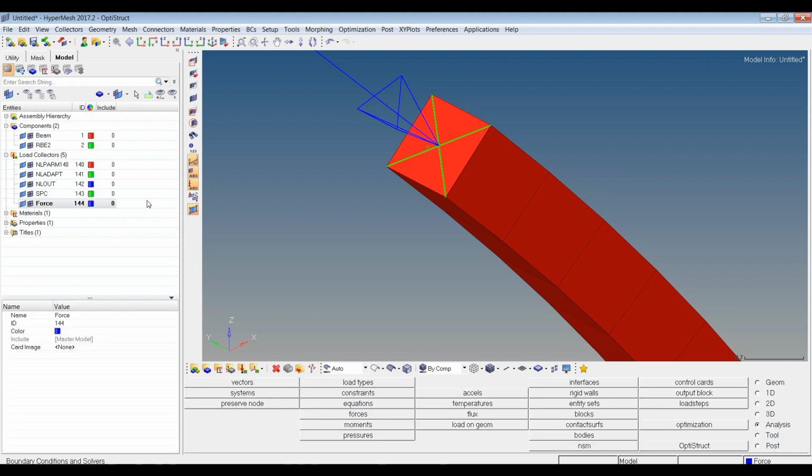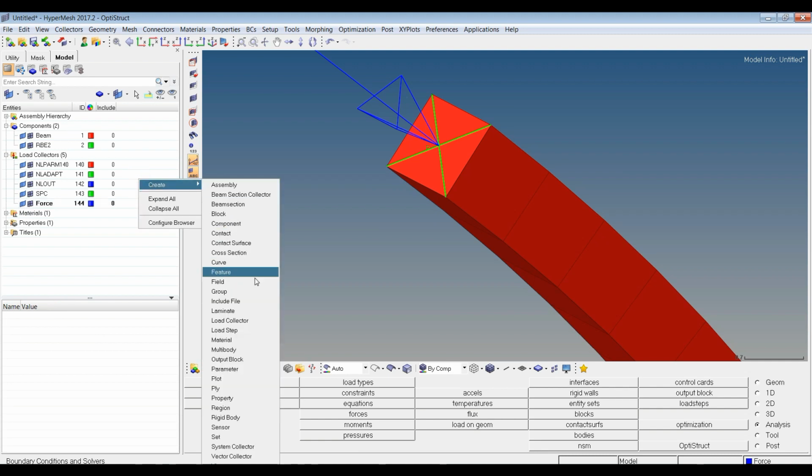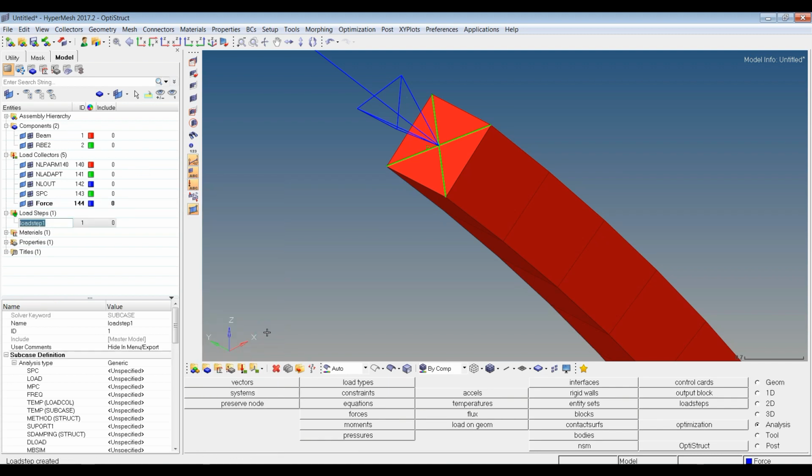The next step is to create the load step. To create the load step, right click in the model browser, create load step. Let us give the name as follower. In the entity editor, set the analysis type to nonlinear quasi-static. For SPC, refer the SPC created.